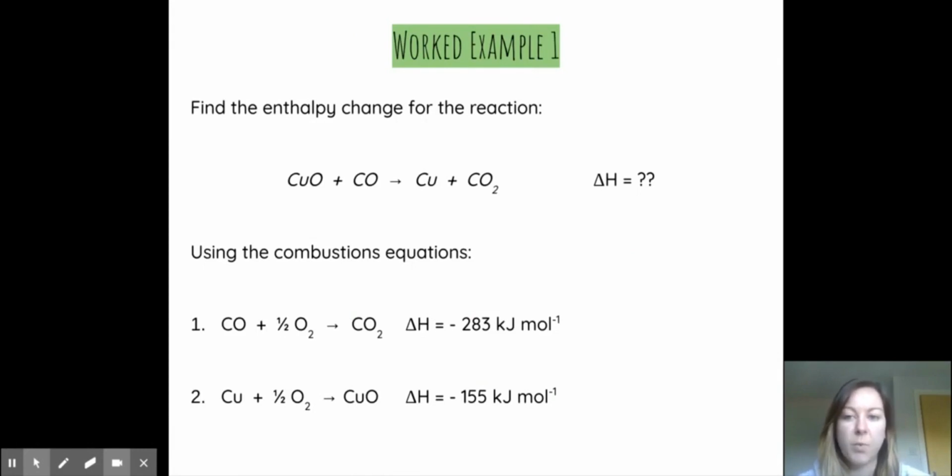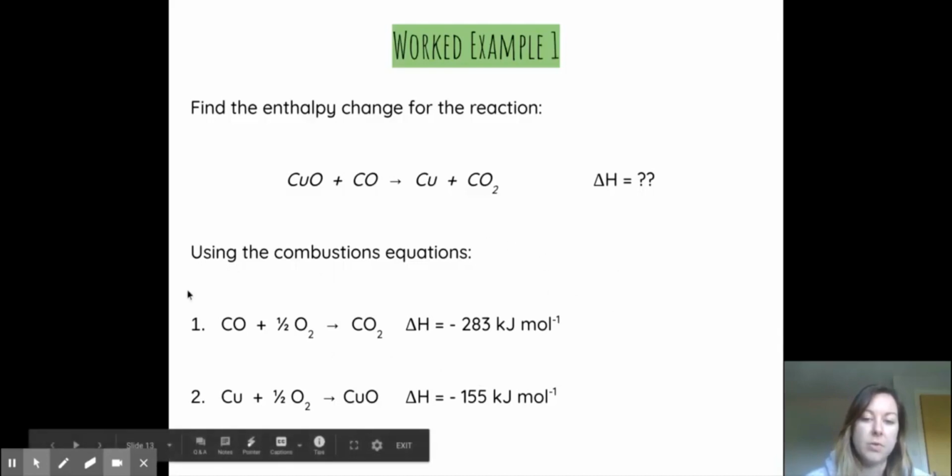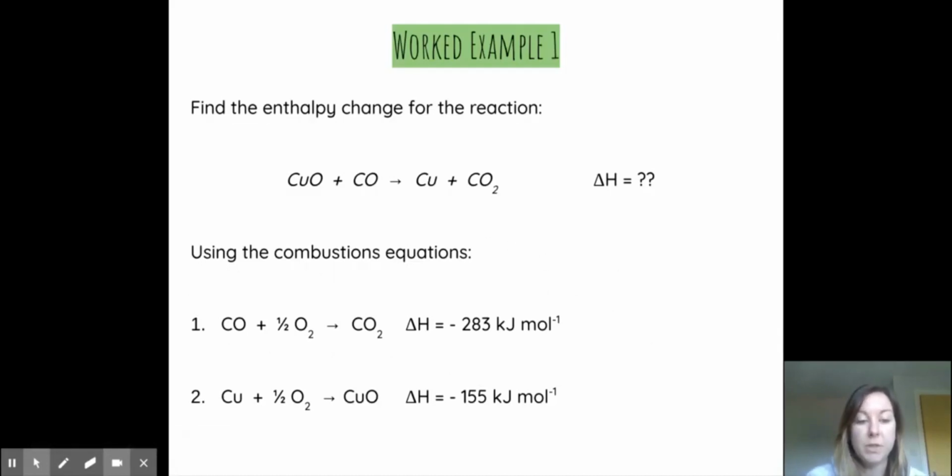So worked example 1, you'd be asked a question like, find the enthalpy change for the reaction. So you've got copper oxide plus carbon monoxide gives copper plus CO2. And as you can see here, our delta H value is unknown. That's what we are going to be asked to calculate. Now, it's been really nice here in saying, oh, here's the combustion equations that you can use. You are supposed to be able to write combustion equations